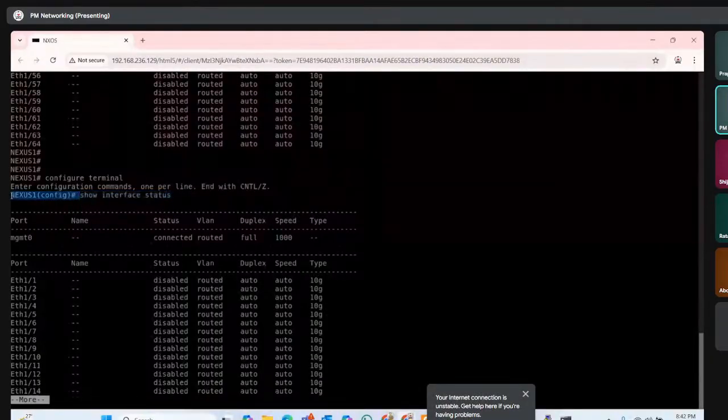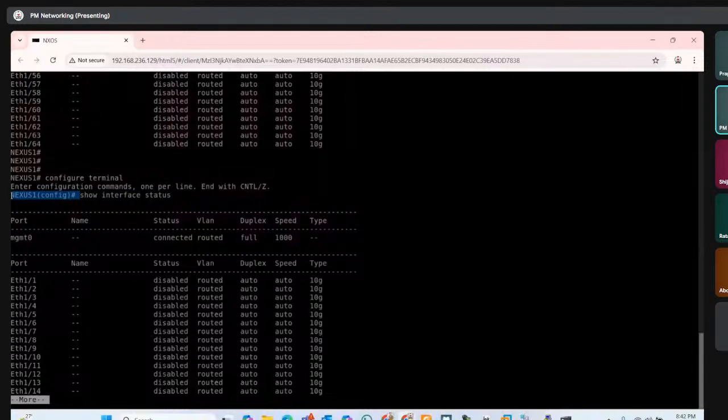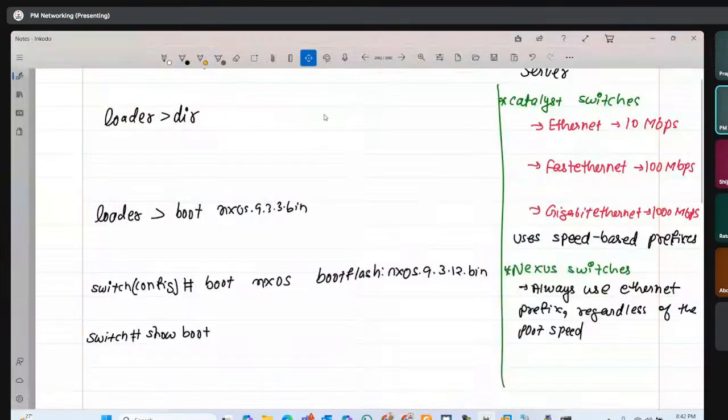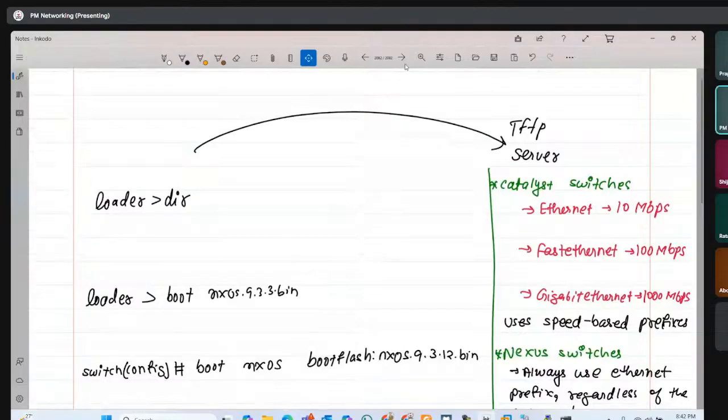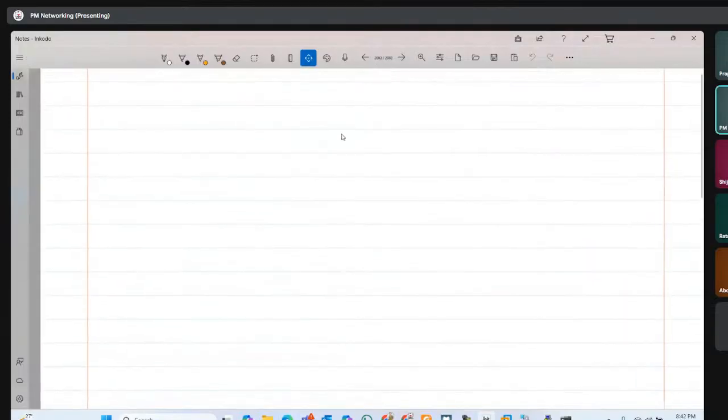I'm in which mode right now? Configuration mode. But still I'm able to run the show interface status. If I have to do the same thing in a Catalyst switch, what will be the difference? Yeah, we need to put the do command in front of it. Yes, the do command. In case of Nexus switches,